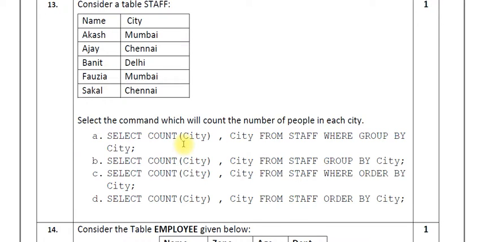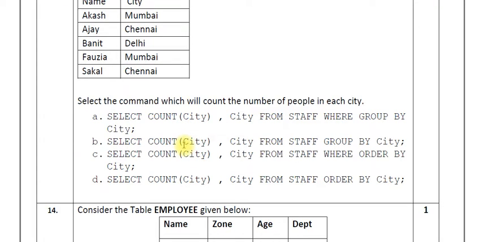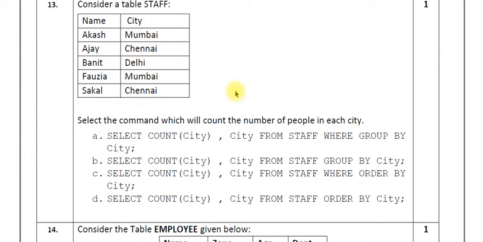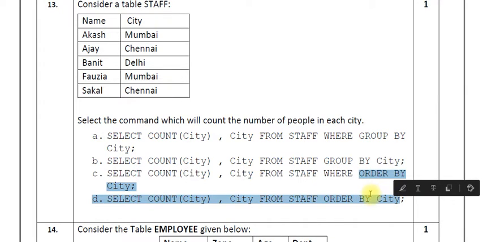So in this kind of questions, try answering them if the particular query is giving you the correct answer. Now as you can see, Mumbai, Chennai, Delhi, Mumbai, Chennai. So it is being repeated. So we can move out of order by.